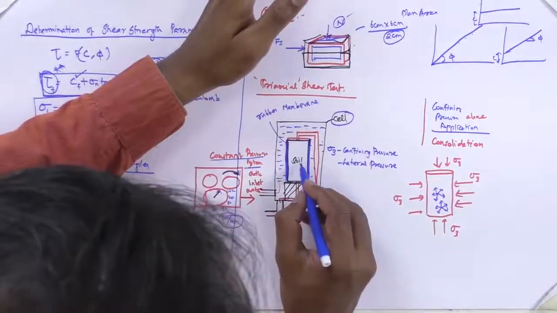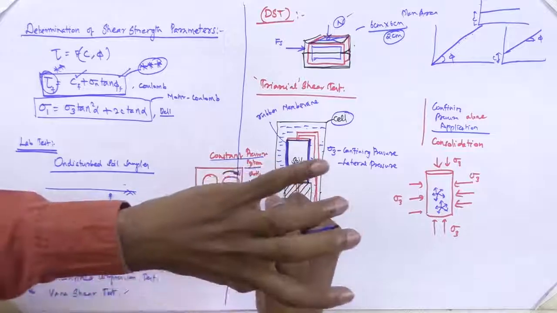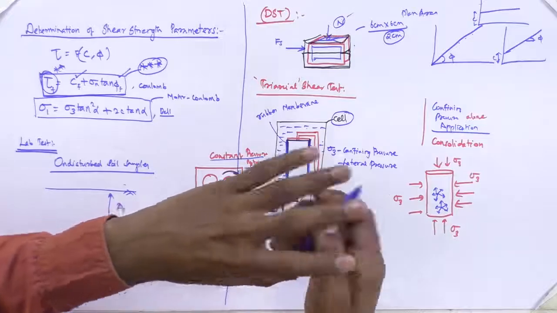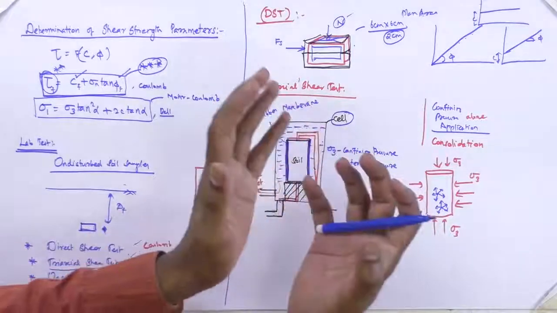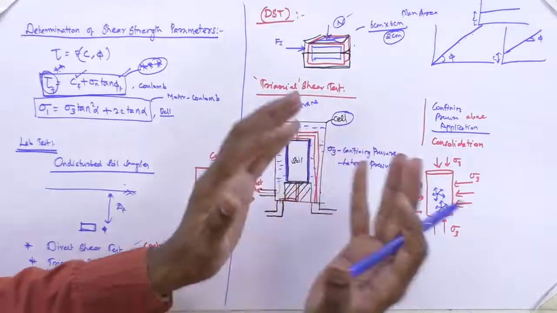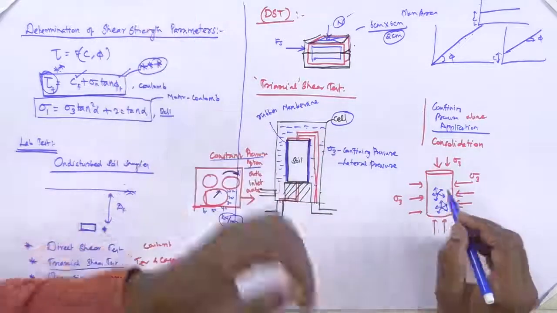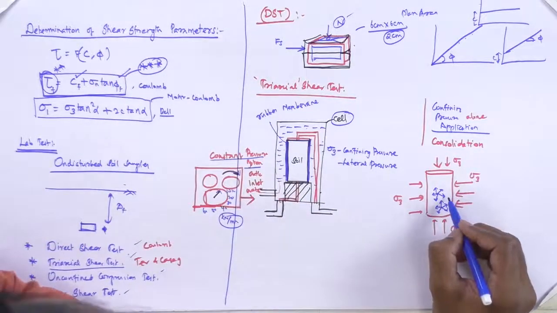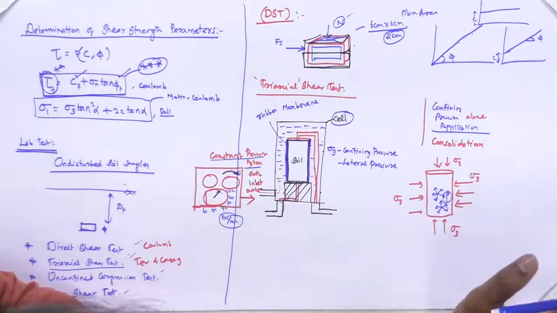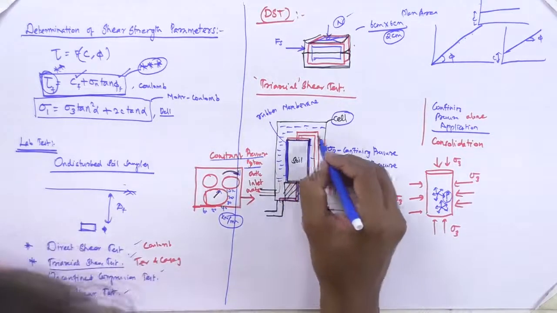To measure the pore water pressure developed because of the compression, there is a soil sample under isotropic consolidation. The pressure applied in all directions is going to compress your soil sample, but there is water inside this soil. That water doesn't allow the soil to be compressed because it develops pore water pressure in the opposite direction. This is how the pore water pressure develops. In order to find the magnitude of this pore water pressure,